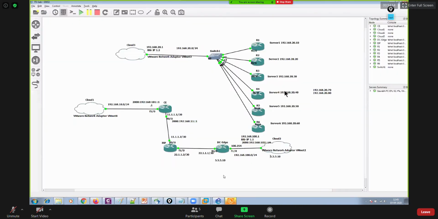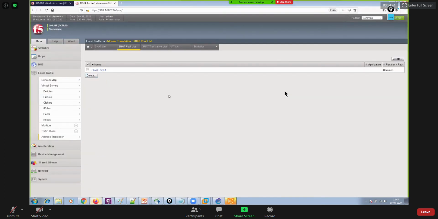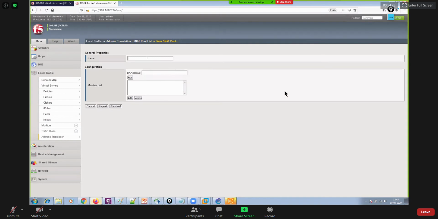I decided to use this IP address for the real servers to perform PAT. I have already bought that subnet of public IPs. So let me create a pool over here. The pool is called test pool, for SNAT for real servers.